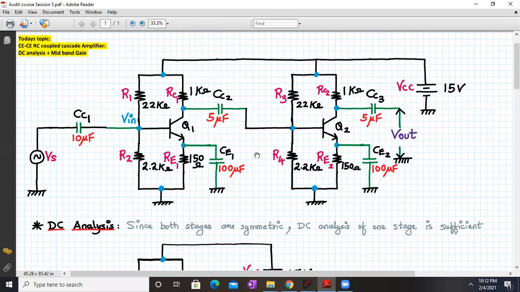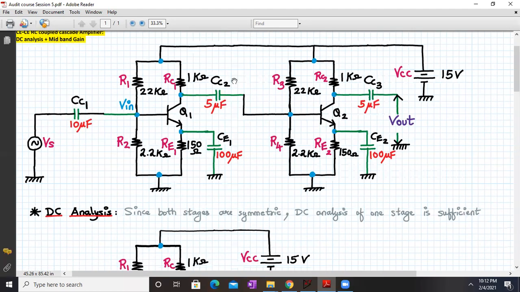So basically cascade amplifiers are used to amplify very small signals. In the earlier case, when we had only a single stage RC coupled amplifier, the gain was around, let's say, minus 200. Now if I want to amplify a microvolt signal, I want a gain of around 1000. So let's say we have the second stage also connected, whose gain is, let's say, 100. So 200 gain of the first stage, second stage gain is 100, you have a 2000 gain over here. That's why we require a cascade amplifier.